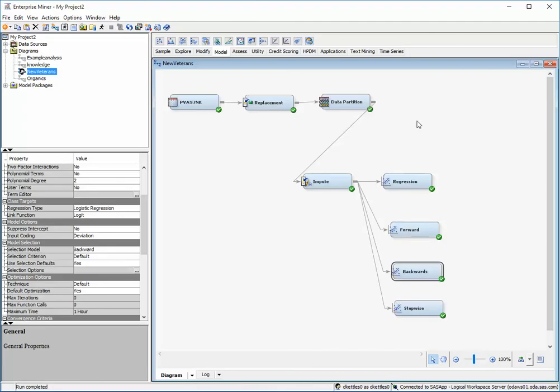The backwards procedure does something a little different. Sometimes it'll come up with the same answer and sometimes it won't. Instead, that one starts with every variable in the model. You saw how that performed before, where only 3 variables came out as significant, and then it starts removing the least important variables one at a time. As it does that, other variables start to become more impactful in the model, and it'll pick that up. It does that one at a time until